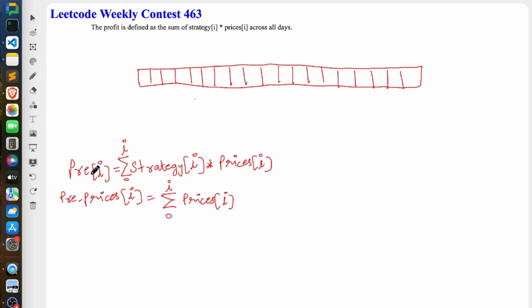One would be prefix[i], and one would be prefixPrices[i]. Prefix[i] is essentially the summation of strategy[i] into prices[i] from 0 to i, and prefixPrices[i] is the prefix sum of all the prices from 0 to i. Now let's consider you have taken k consecutive